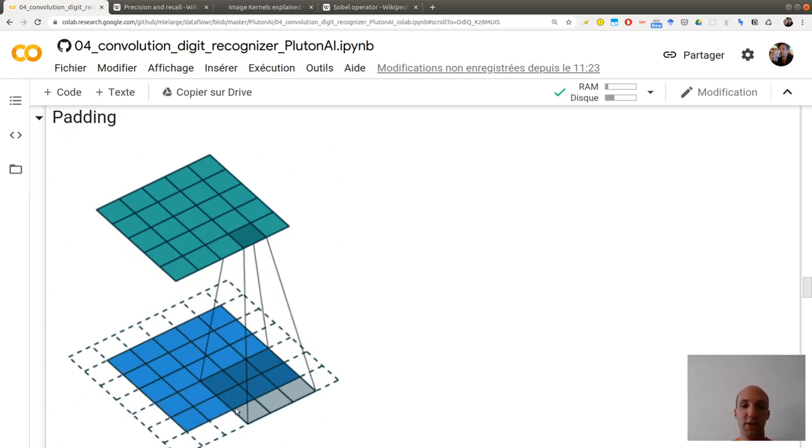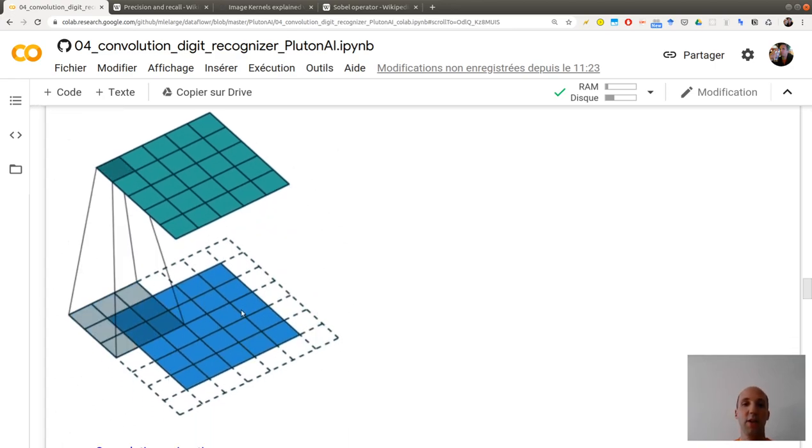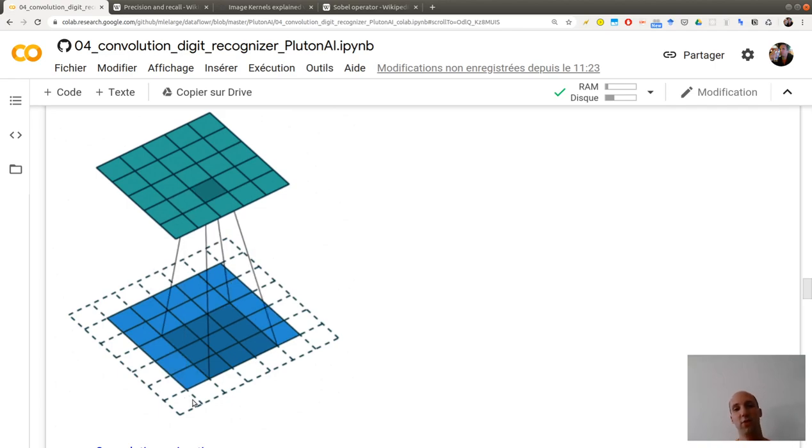So here, this is your input image. Here, this is the result of the convolution, and you see how you obtain it by applying the filter and sliding it. And the padding tells you how you are computing the dot product of your filter with your image on pixels which are outside the original image.